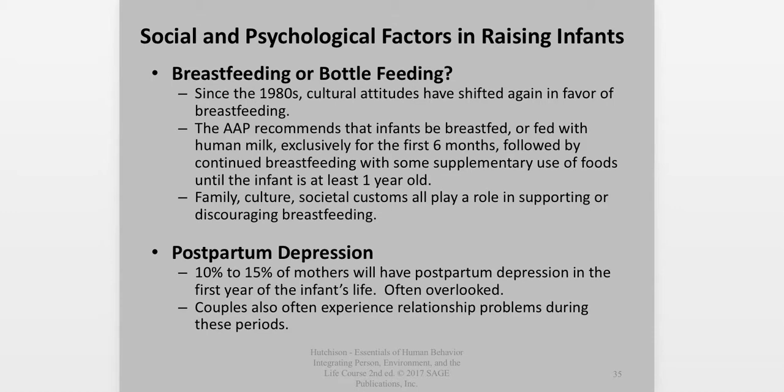Just a brief mention of postpartum depression here. Probably should have more about this, but this is something that is often overlooked. 10 to 15% of mothers have postpartum depression in the first year of the infant's life.